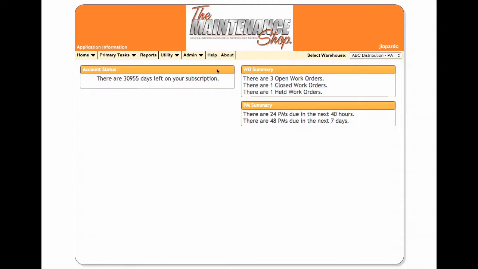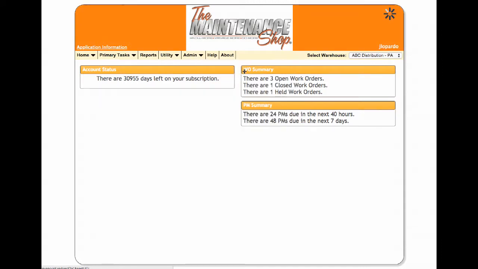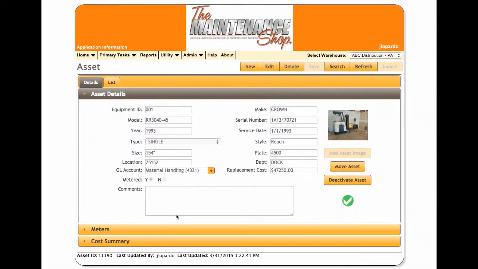Maintenance shop provides a comprehensive preventive maintenance feature, but proper setup is important to make sure that it functions properly. So if we look at our asset master table, and we look at a metered asset, and take a look at the metered section,